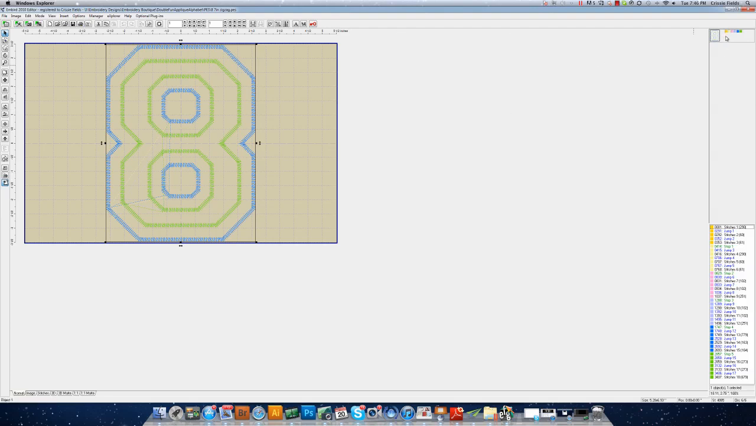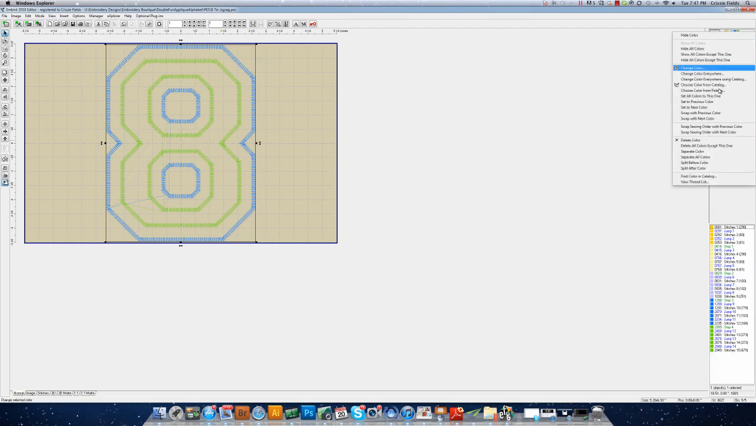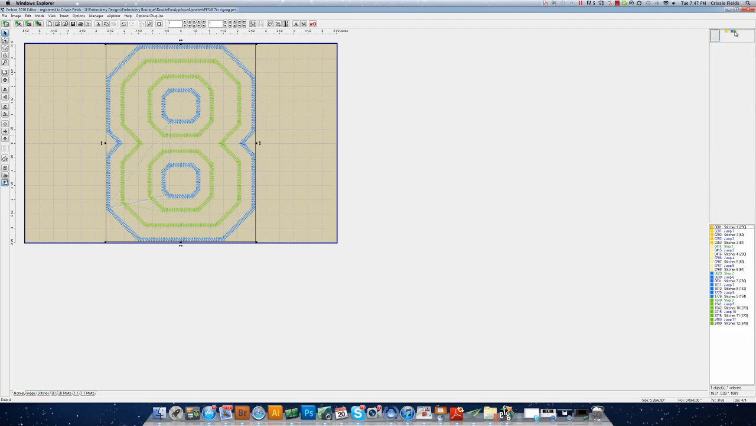Then from this point, I am going to go ahead and take out the inner part of this design, the green portion here, because I only need the larger 8. I don't want too many layers involved in this particular design. So I'm going to go ahead and delete the components of that inner 8 by right-clicking on them and then just deleting that color, and you can see that we've gone ahead and removed